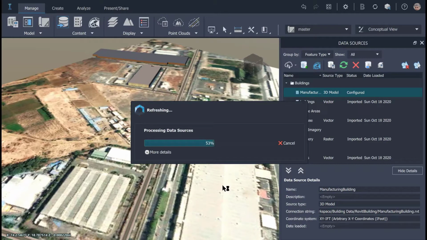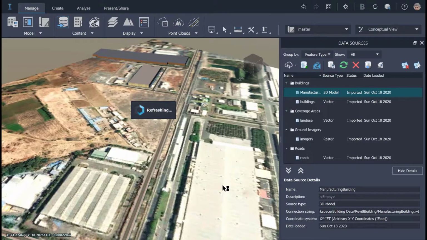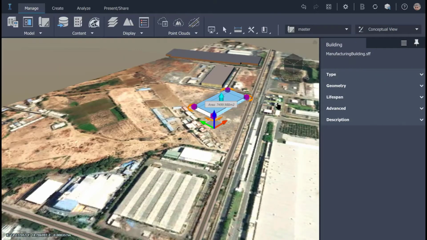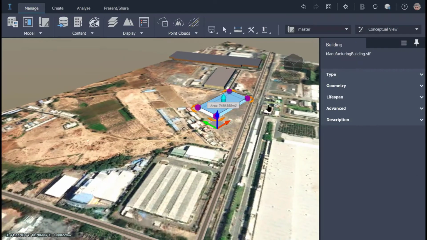So I place the building onto the piece of land and use the tools presented to me to orient it and place it in the right direction.